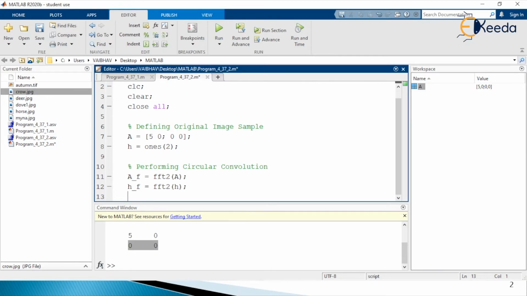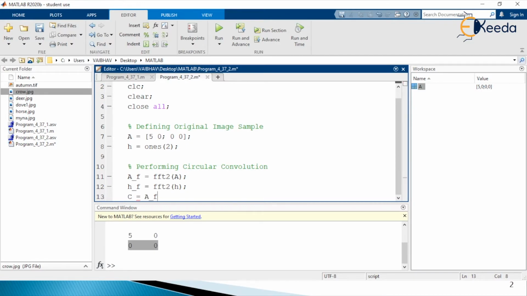So here we are going to have the operation and the resultant held by the variable capital C, where we are providing simple element wise multiplication between the transformed versions of the input image sample capital A and the impulse function denoted by small h here. So we are writing capital A underscore f.